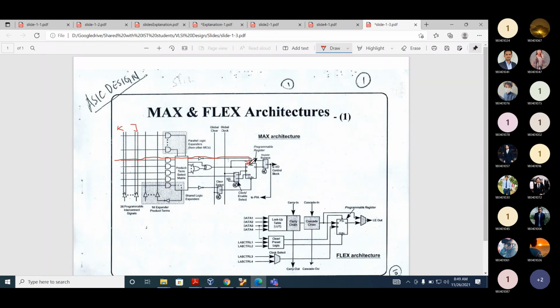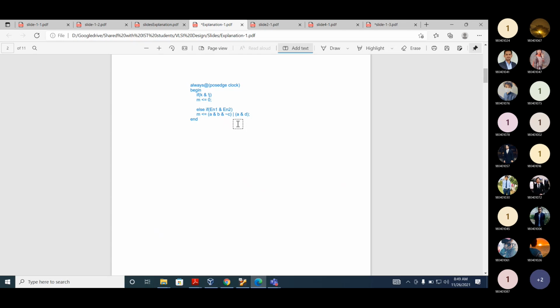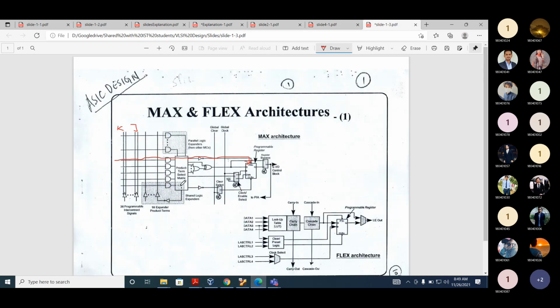Okay, now if you look at this code, it is m is equal to 0, so make it m is equal to 1, as we are using a preset. If we were using reset, it would come from the clear logic. So now let's assume we are using a preset. We are using K and J, and it will go to the preset.